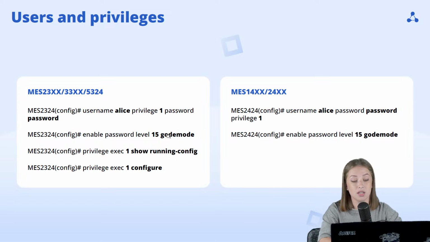God mode. Also, on the MES23 line, we can configure the list of commands that will be available for the user with privilege 1. In this case, it's show running-config, for example, and configure. For the MES24 line, by default, we have our own list of commands. For example, they are set, show, debug, help, logout, and also, for example, test for the test of cable